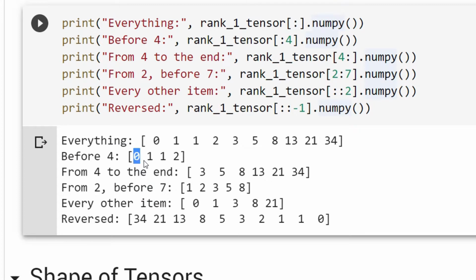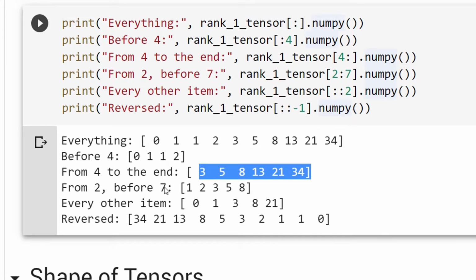Because 0 is index 0, 1 is index 1, index 2, index 3. Before 4 means before the 4th index. So up to the 3rd index: 0, 1, 1, 2. From 4 to the end means from the 4th index. So 3, 5, 8, 13, 21 and 34 are all printed in this.